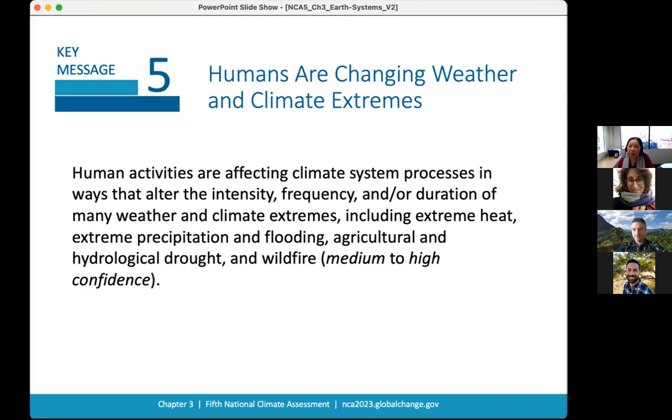As the earth warms up, there's a lot more energy, and that energy can drive wildfires, it can drive heat waves, etc. And the other process related to the increase in energy is that as the temperature warms, the atmosphere can hold more moisture. That increase in moisture is, as a matter of fact, a form of energy as well. It's called latent energy. So that together, combined with the temperature, can cause a lot of these changes in the extreme heat, precipitation, flooding, drought, and wildfires that we are talking about.